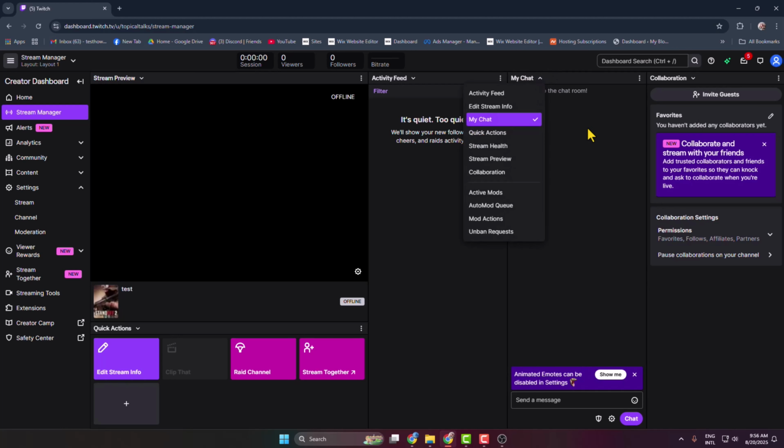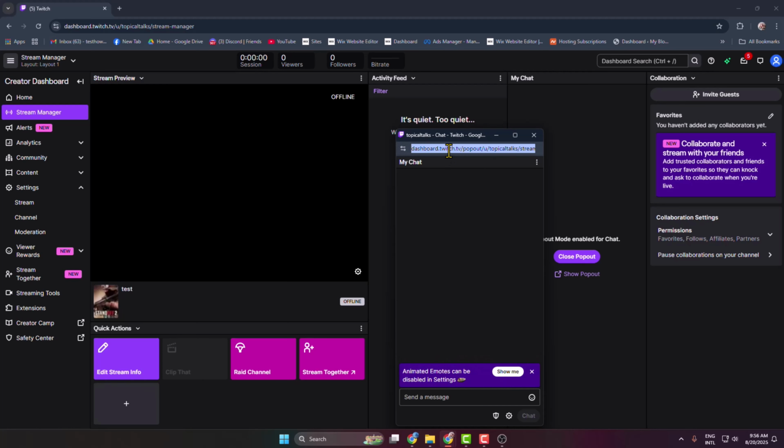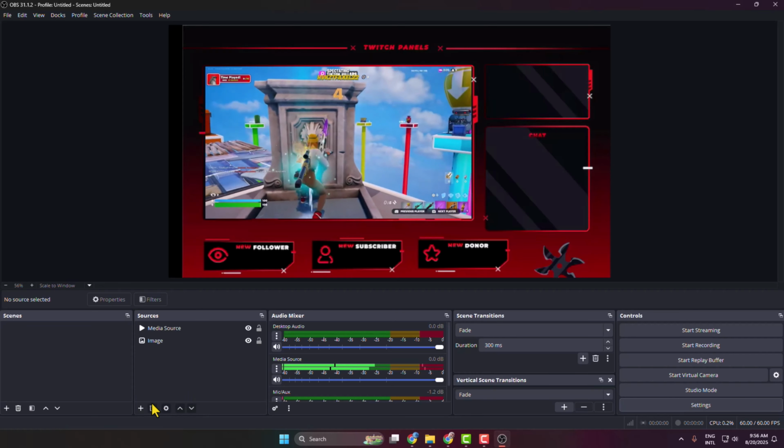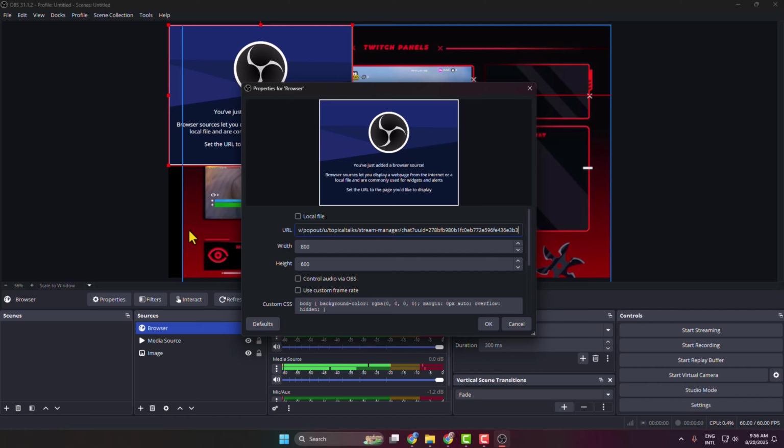Here you have to click on this three dot and click on pop-up chat and copy the chat box link from here just like this. Go back to your OBS, click on this plus icon, browser, and paste here the chat box link, click on